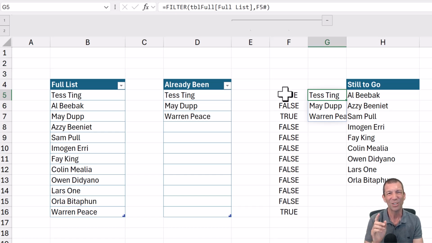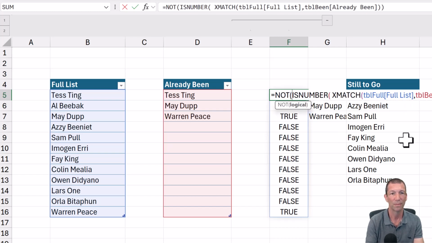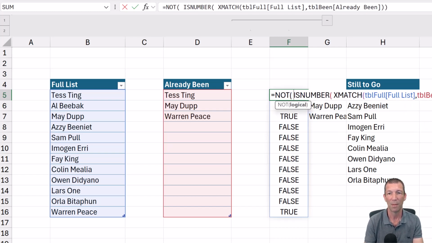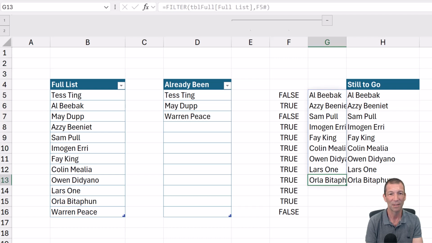But in this scenario, I don't want to do that. I want to keep the opposite. So what I can do is back here, change this to NOT ISNUMBER. Okay, put a little bracket on the end, and I get my falses and trues, and then I get my list. All right, so then if I wrap both of those together,